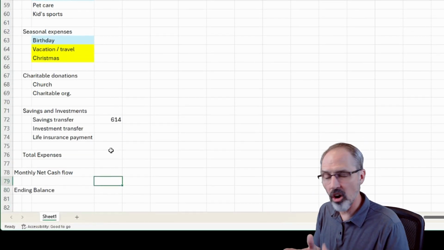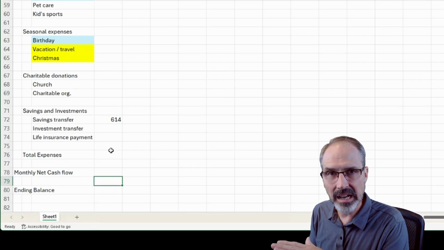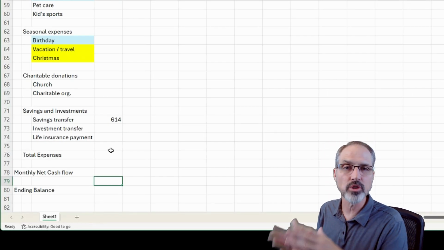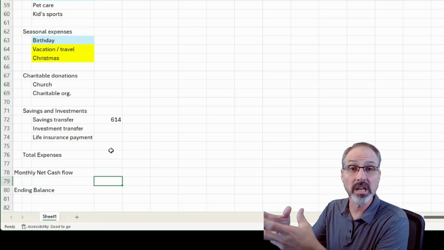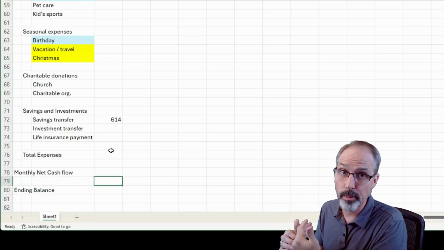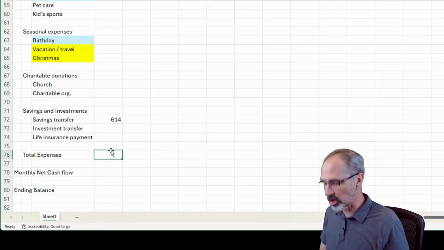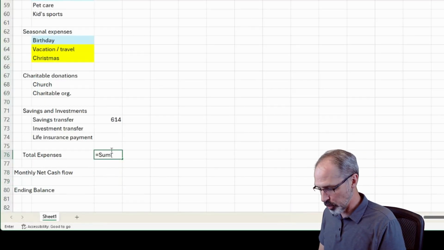They currently aren't doing any insurance or any investment transfers outside of the 401k through work. They are donating through there, but again, that comes out of their paycheck before they get it, and we're tracking just their costs here. All right, so the total expenses, we want to sum